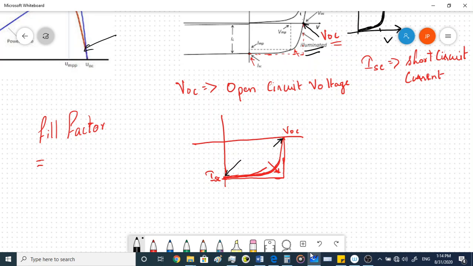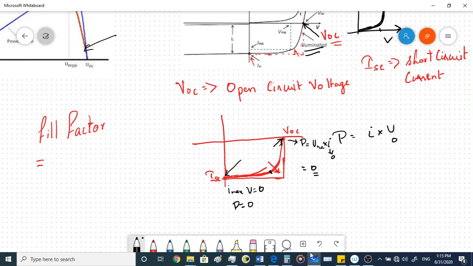So these 2 points, what is the power at this point? If you check, you know what is power. Power is I into V. At this point the current is maximum but V is 0, right? I is maximum but V is equal to 0, so therefore the power is equal to 0. At this point also you can see the V is maximum but I is 0, which means that the power is again 0, right? So the power keeps increasing from this point to this point. Somewhere at this point you will get a maximum power, and then it again reduces to 0.